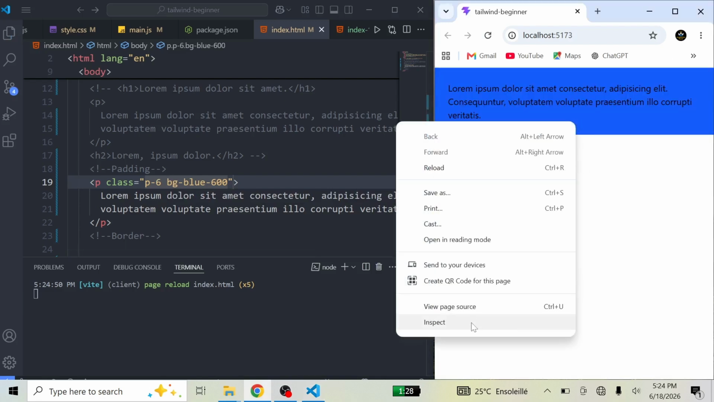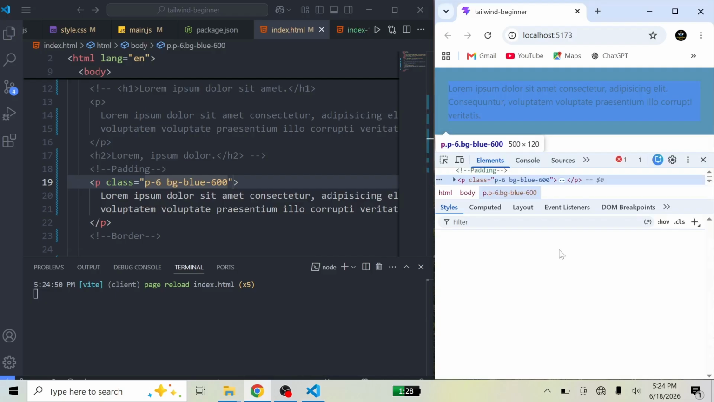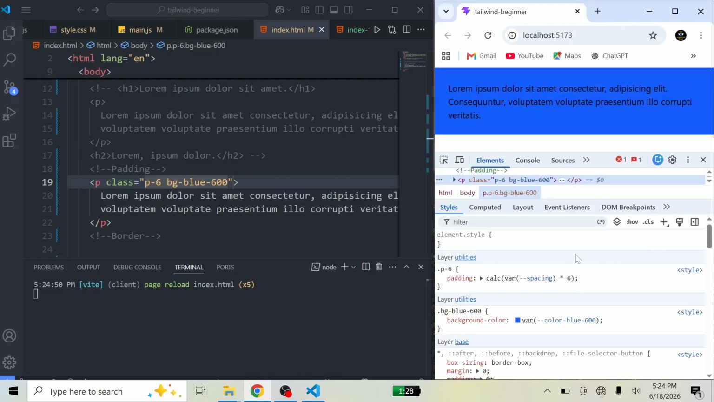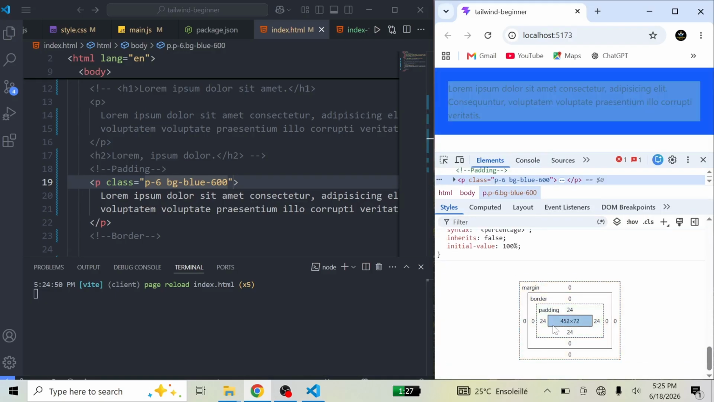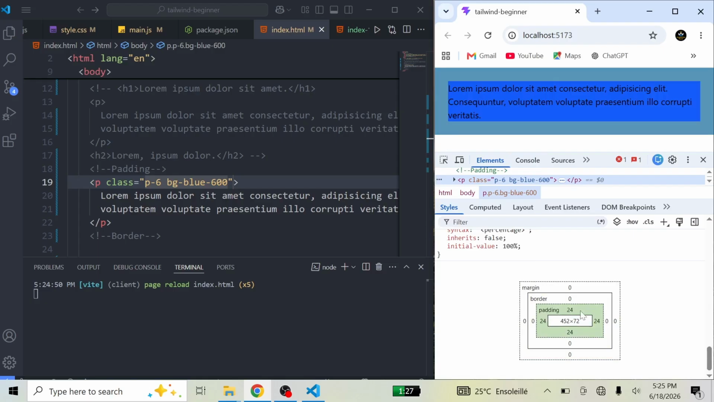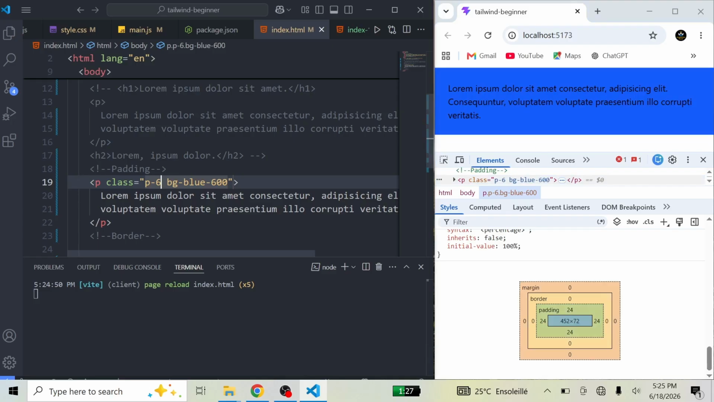Yes, you can see here we have now the padding. I think 6 is 24 pixels. I think so. Yes. Now we have padding of 24 pixels on all the sides of an element, on top, on right, on bottom, and on the left of the element. And this goes up to